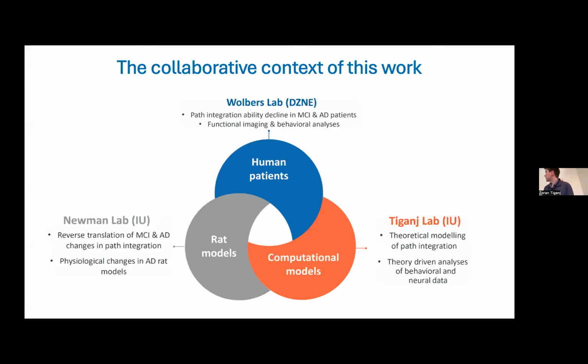This is one slide from Aaron, who tried to illustrate how our CRCNS overlap looks. Thomas is working on human data, participants doing tasks like path integration, often folks with MCI or AD patients. Aaron is working with rodents, also often those with MCI or AD. And on my end, it's more on the theoretical computational modeling, learning, memory and navigation in general, but in the context of this project, primarily path integration.